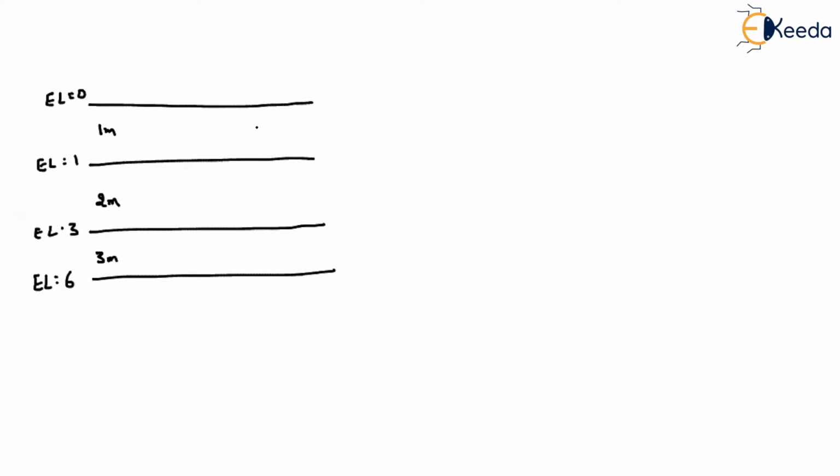Imagine that here the soil is in the dry condition, so gamma_d, let us say, is equal to 18.92 kilonewton per meter cube. Here imagine that it is in the saturated condition, and in this layer, e is equal to 0.4 and specific gravity is given as 2.65. And in the bottom layer, gamma_sat is given as 20 kilonewton per meter cube. Imagine that all these three are different layers.